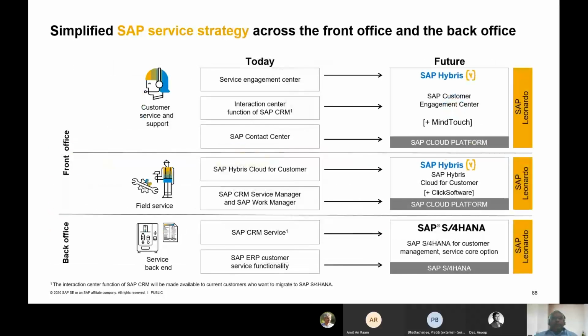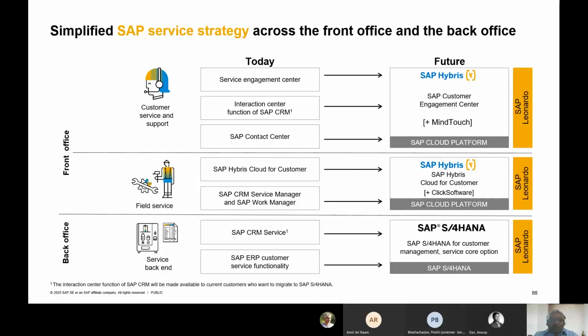So that's how it looks. So, a simplified service strategy across the front office and back office. If you look at the back office, there's the S/4HANA core, which has the customer management and the service core operations. When I say service core operations, it's nothing but your service notification, service order.